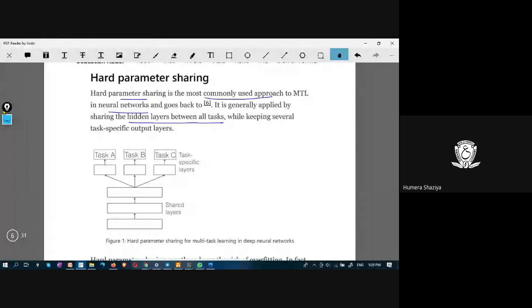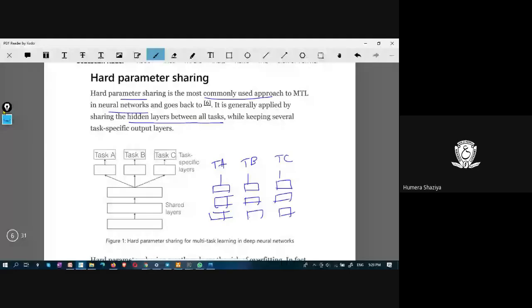like this, 1, 2, 3, and then 1, 2, 3, and then 1, 2, 3. This is for task A, this is for task B, this is for task C. These are different hidden layers for different tasks.